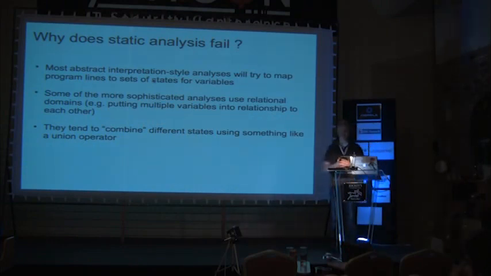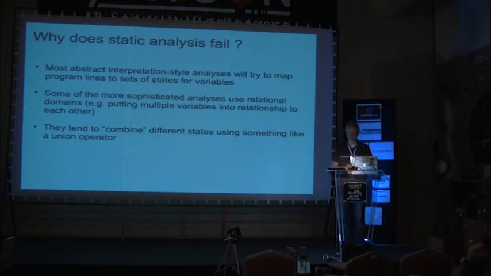Most of the static analysis things will try to map program lines to descriptions of the possible states of the application. And they have to combine multiple states into one. And when they combine multiple states, you get an explosion in the states that they can reason about, and they get a false positive. There's other tools like Klee that will just do dynamic symbolic execution and try to execute all possible paths through this loop. But the trouble is, we need 30 or 40 iterations through that loop to get somewhere, and they need to take the right branch every time. So the complexity of finding the right path is 4 billion paths, and you never reach it.